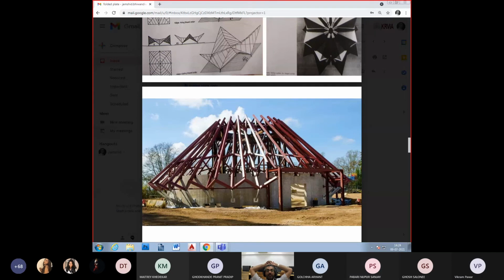Vikram, please elaborate in case I missed out on something. So, principally, when we talk about any structure, if we understand the principles, then as long as the material is able to handle the principal stresses, there is no limitation to it. Now in a folded plate, it is not about the material; it is about the fold itself that is contributing to it.